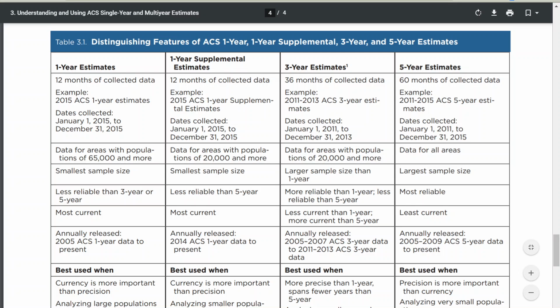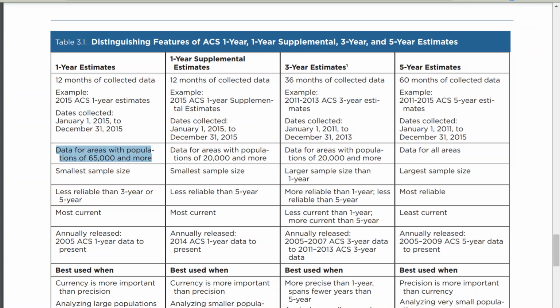So ultimately, we can have 1 year estimates for any population with more than 65,000 people. That's going to work for all the states in the United States, and most metropolitan areas, metropolitan statistical areas. Some counties, especially like very urban counties that have cities, are going to have more than 65,000 people, but many are not. And so in that case,